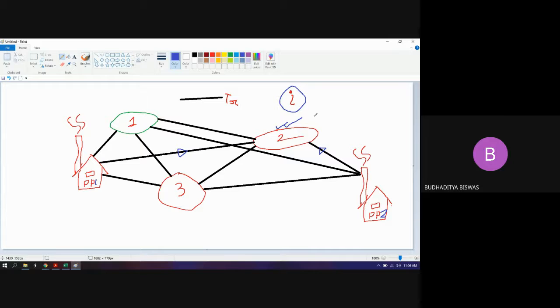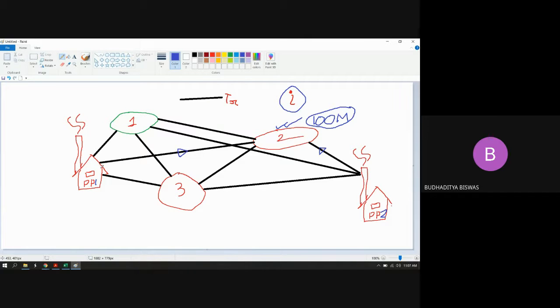That means whatever load demand there is at load center 2, a major portion is shared by power plant 2. Why? Because if the 100 megawatt load demand is mostly shared by power plant 1, then the transmission loss is more, because load center 2 is situated far away from power plant 1. And if the maximum portion of the load is shared by power plant 1, then what happens?